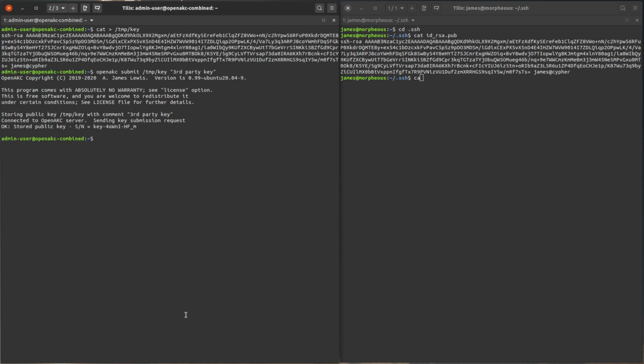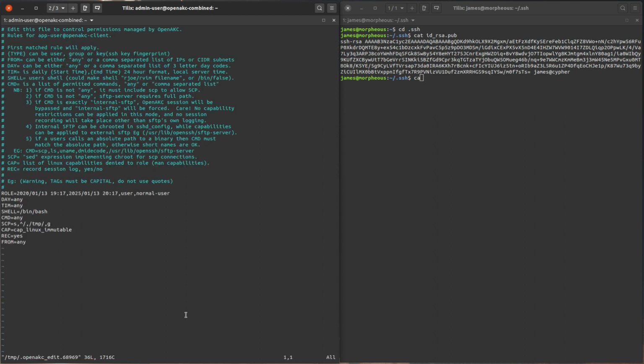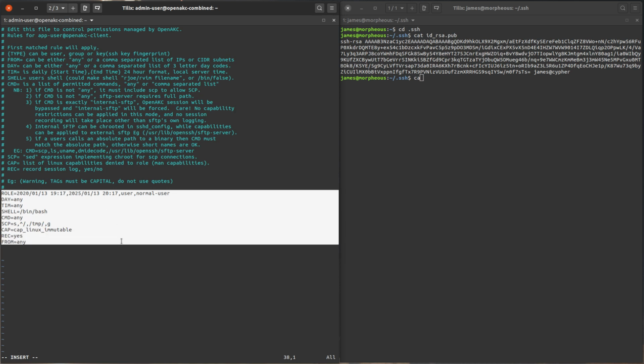So let's do that. You're going to use the OpenAKC tool again, OpenAKC edit role, and the account was app user at OpenAKC-client. Oh, we've already got a rule in there that's created by my demo, which just allows the normal user to connect, and we want to add a new rule, which is going to look broadly the same as this one. So we'll copy this,